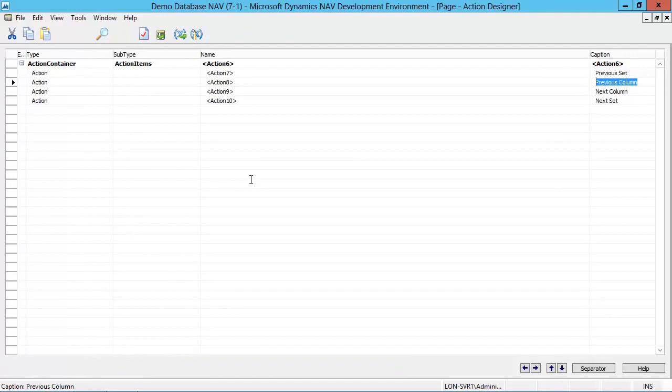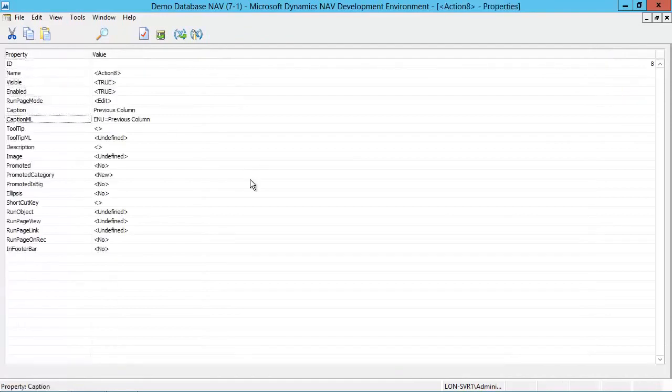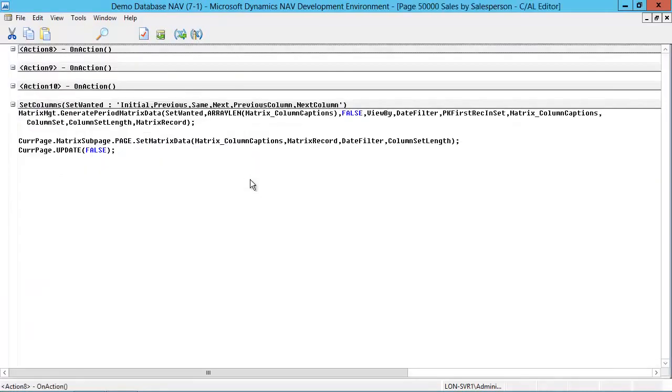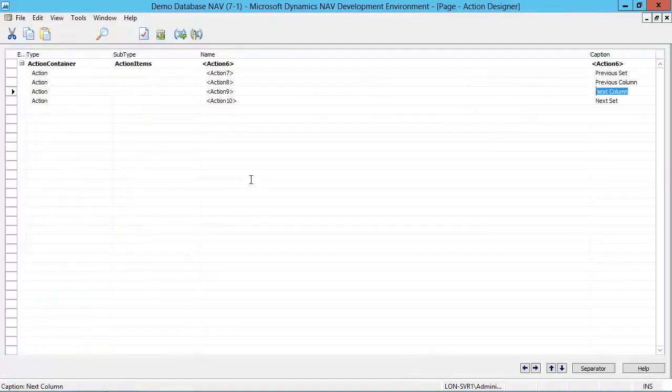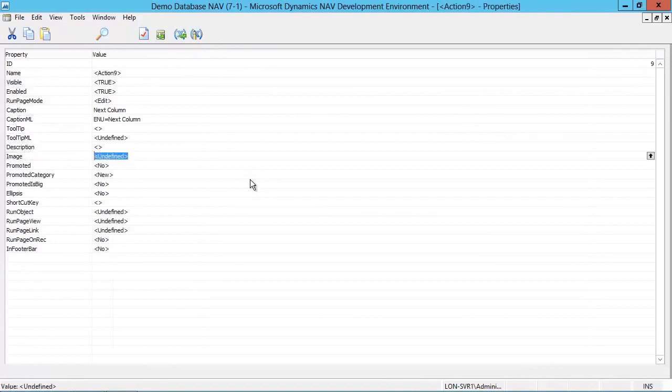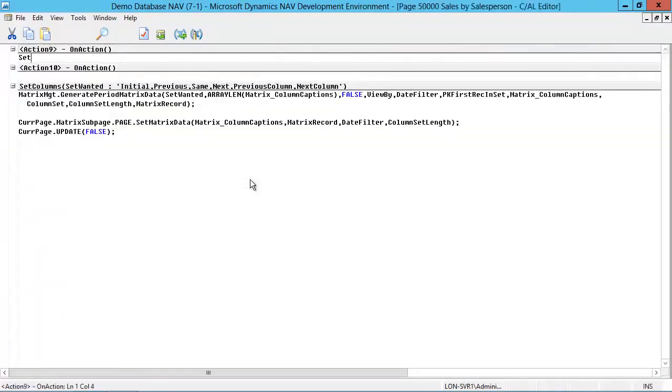Then I'm going to set the same, or actually not exactly the same, on the previous column. So it's going to be previous record image. It's going to be promoted into the process category as big, and then it will call set columns with set wanted set to previous column, and then I will do the same for the next two. So next column is going to be next record promoted yes, the process category as big, it's set columns,